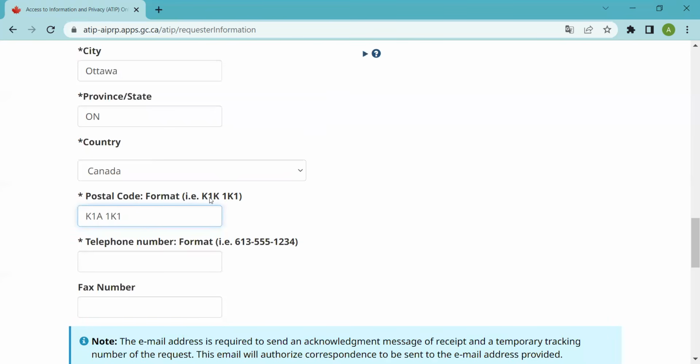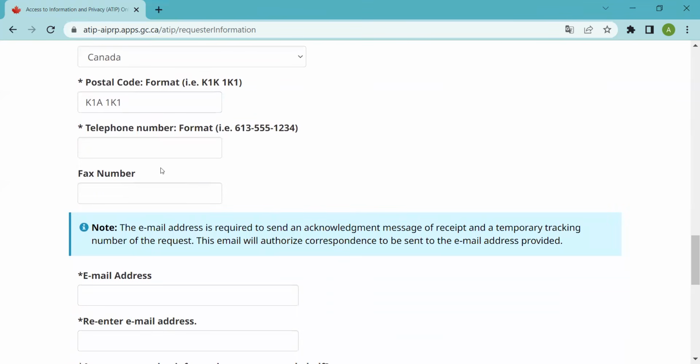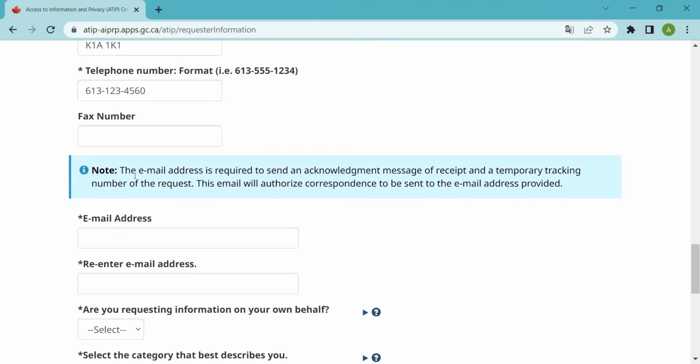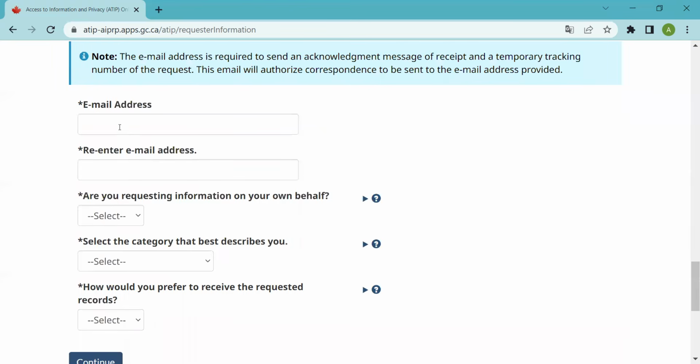And you enter it the way it's mentioned here. Phone number, in this format. Fax, not needed. What is very, very important is the email address.